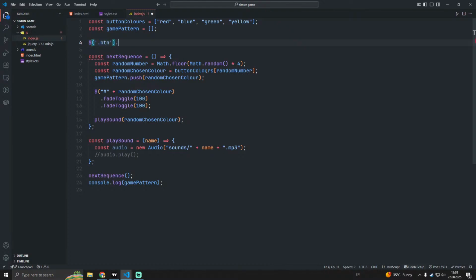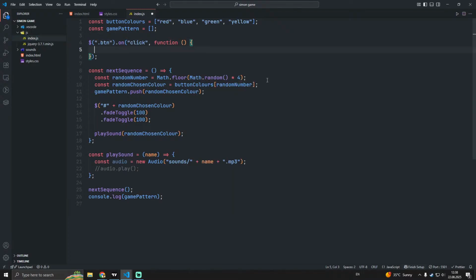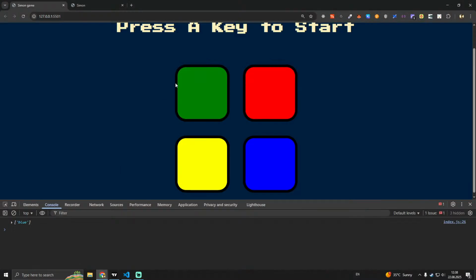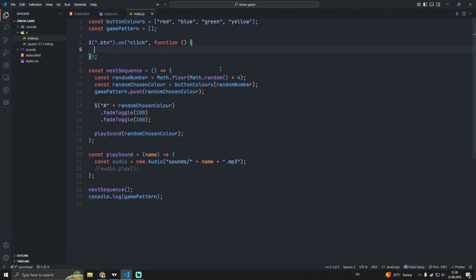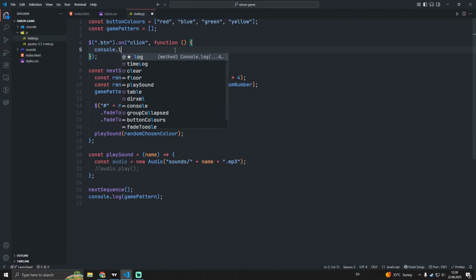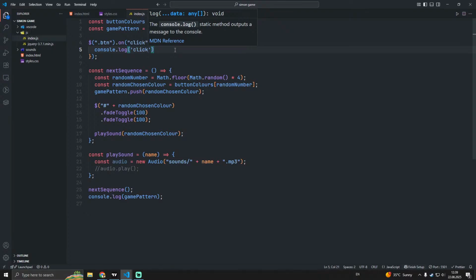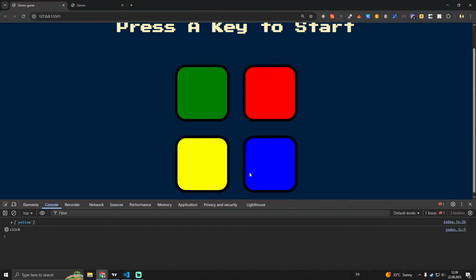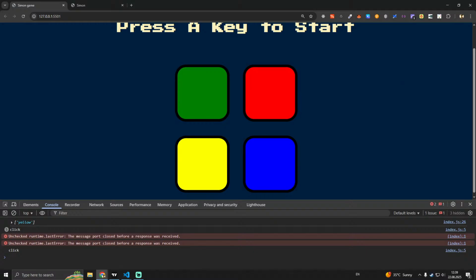So in jQuery we have this on, and here click, and after, I don't know if in jQuery they have arrow functions. Let's use the function word. So after, we are calling an anonymous function. So now I need to check, do I actually click on my buttons? Let's say console log click. We'll always be checking, yeah. So now my click works. So I click on these buttons,